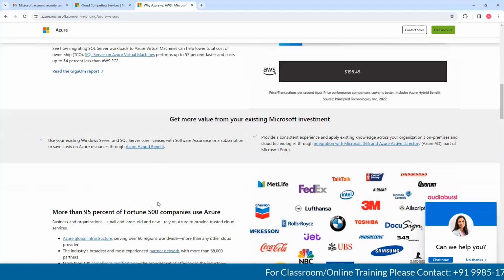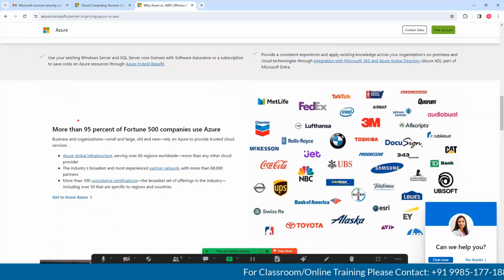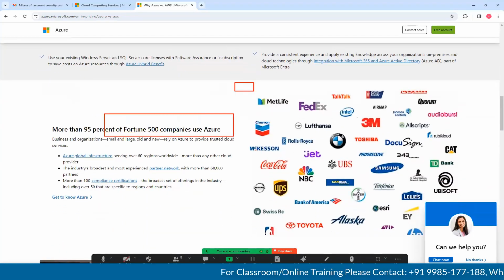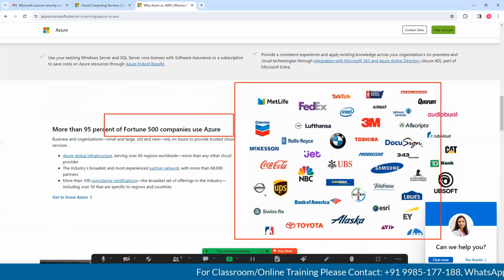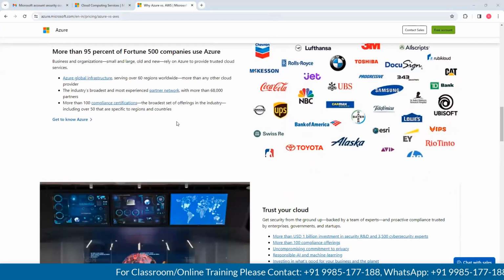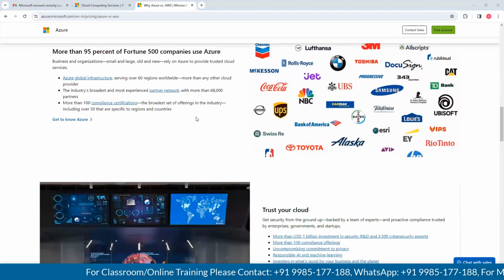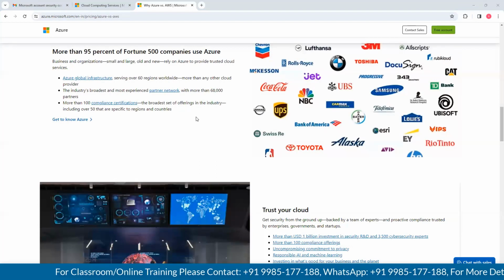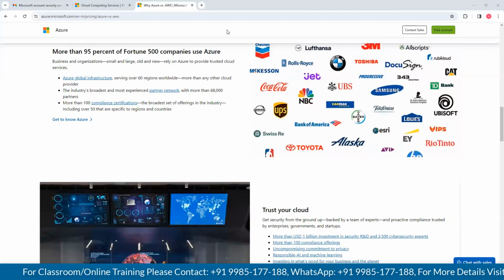If you come here, see, Fortune 500 companies are using Microsoft Azure instead of AWS. So this is the overview of Microsoft Azure. Again, if you have any queries, feel free to ask me.